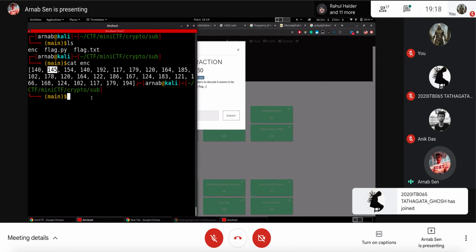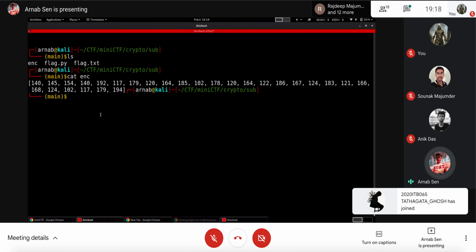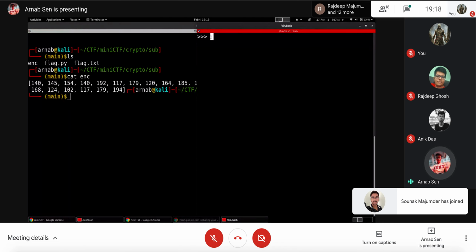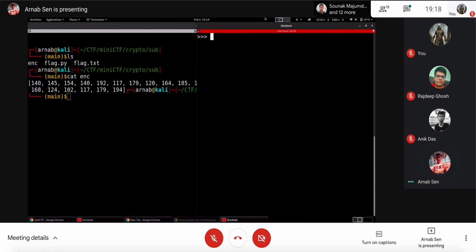These all seem to have some sort of relationship, because we know the final flag will be of the format GLUG, right? And if you see the difference between the character G and the character L, it's 5, so it's the same as the difference over here, right? And so what I can do over here is create a check.